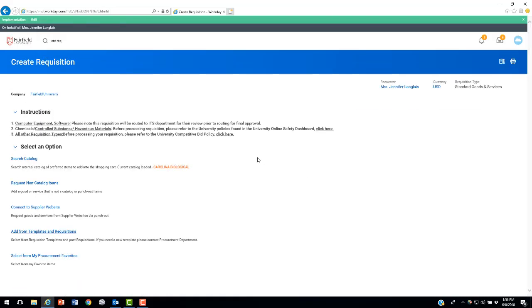Before we go further, read the instructions at the top of the Create Requisition form. On this screen, Workday is asking you to select an option for building the requisition. We can search Catalog. This takes you to a vendor catalog within Workday. Request non-catalog items. You can request goods or services without using a vendor catalog or website. You will need to provide the vendor name, goods or services, descriptions, and pricing information. Connect to supplier website. This will take you from Workday to the vendor's website for goods and/or services selection, and